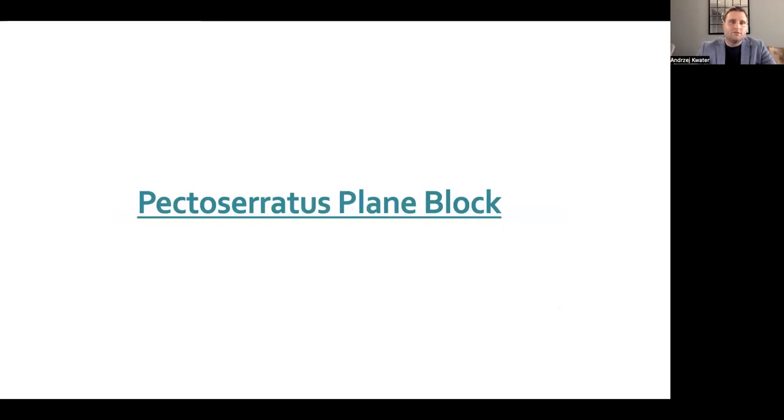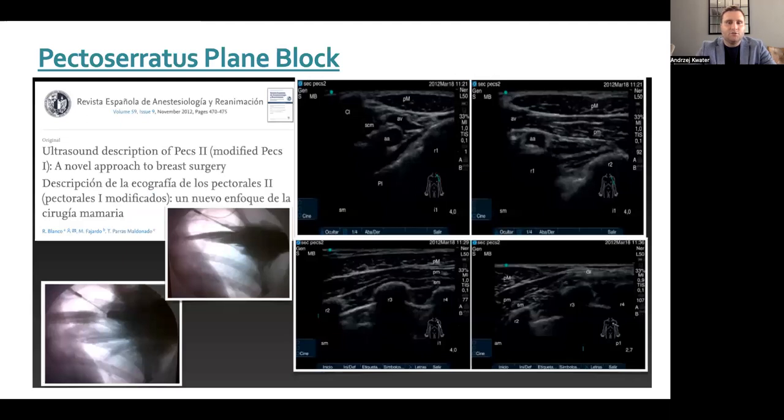Moving on to the pectoserratus plane block. This is again new terminology, or newer terminology that we're using. Previously this was referring to the PEX 2 block, or at least a component of the PEX 2 block. So Blanco, the next year after first describing the PEX block or PEX 1 block, described this modification where you inject local anesthetic below the pec minor muscle, but above the serratus anterior